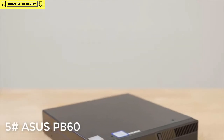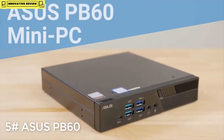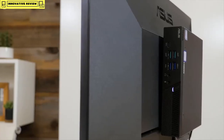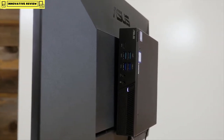The PB60 is the latest generation of ultra-compact, lightweight mini PC from Asus. The features and customizable options make this PC ideal for any business, school, or home setting. This PC is 6.88 inches squared, 1.3 inches tall, and just 2.6 pounds. Its small size and lightweight make it a non-intrusive device that can be placed anywhere, such as mounted on the